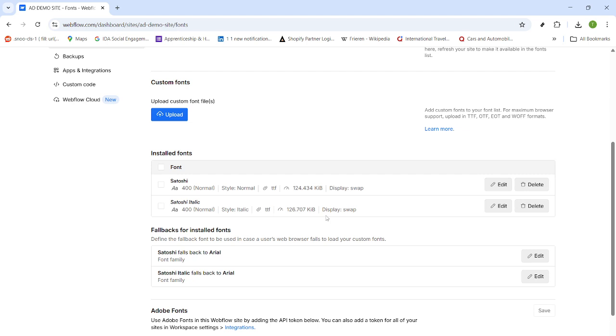If you ever replace a font file, clear your site's cache or do a hard refresh to see changes immediately in the preview. And if something doesn't look right on a specific browser, verify that you included at least one of the formats that browser supports. That's it. Your custom fonts are now added to your